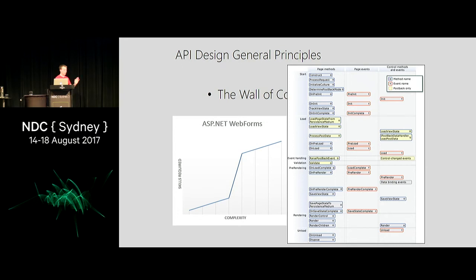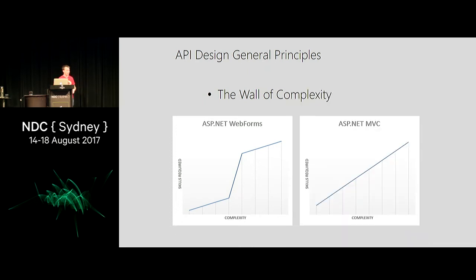You need to worry about all this stuff just so that you can get your drop-down to bind correctly. So this is an example of the wall of complexity. You want to try and avoid this. So a library which does avoid this and does it better, in my opinion, is ASP.NET MVC, so the successor